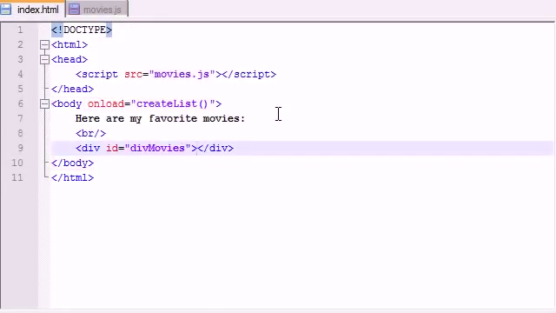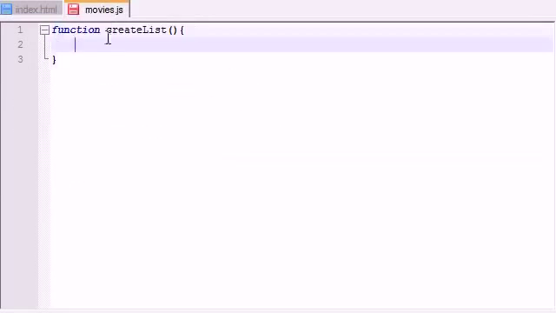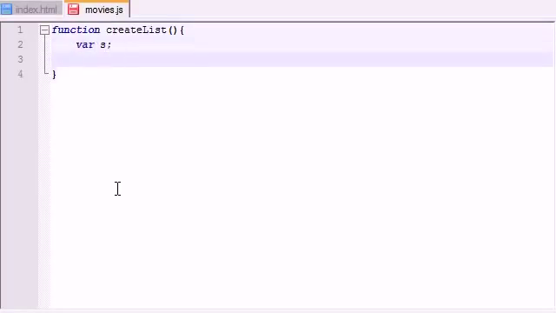Let me go ahead and inside this div we can just put an unordered list of my movies. Since we're going to have kind of a big list, let's make a variable s, which will stand for string. You can name it anything you want. And s is just going to be equal to, and this is going to be a really simple function, just go ahead and put